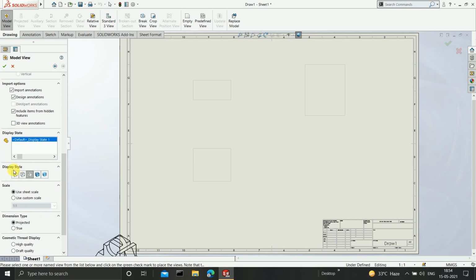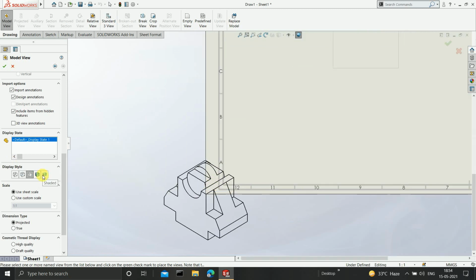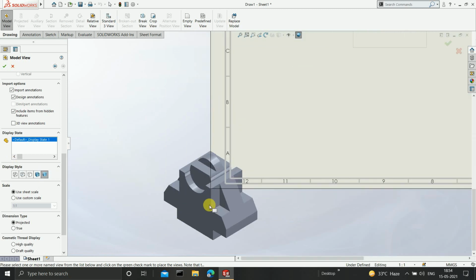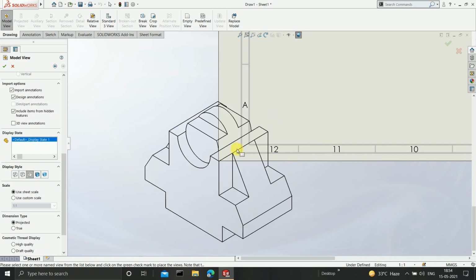Now in the display style, it has 5 different options available. Now how to choose one from them? The first one is the shaded one. So here is the example. How is the shaded one going to look like? Then second one is the shaded with edges. Clear? The third one is the hidden lines removed, which means that it will only show you the solid lines and not the hidden lines.